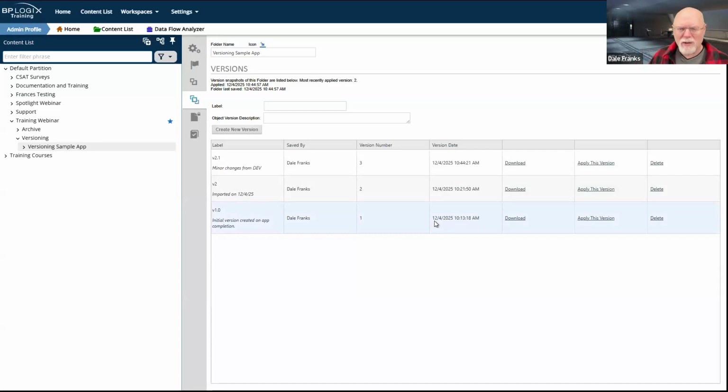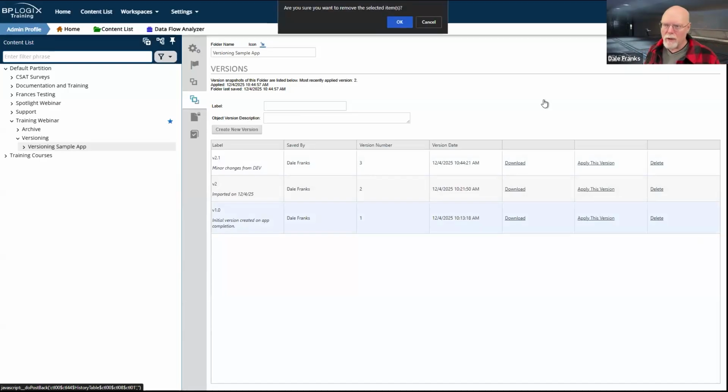The database is always usually much smaller than production because you don't have 10 billion form instances running on that system. You can keep as many versions as you like. On a production server like this one, as a practical matter, since I'm probably never going to go back to version 1, ever, because the changes are too large and it would make all of my in-flight processes go higgledy-piggledy, I probably am just going to want to delete this off of my production server.